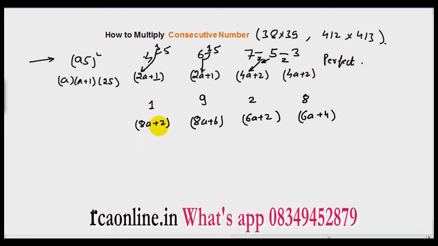Now there is a problem in 1, 9, 2, 8. 1 and 9 are away from 5 by 4. So multiply it by 2, you will get 8. But I cannot tell you any trick to remember 2 and 6; you have to remember it by heart. Similarly, 2 and 8 are both away from 5 by 3. So multiply it by 3, and you will get 6a and 6a, both for 2 and 8. But I cannot give you any trick to remember 2 and 4.